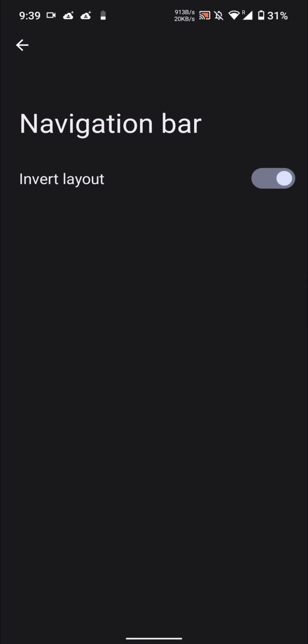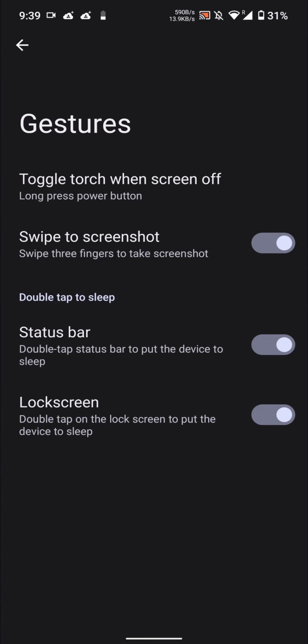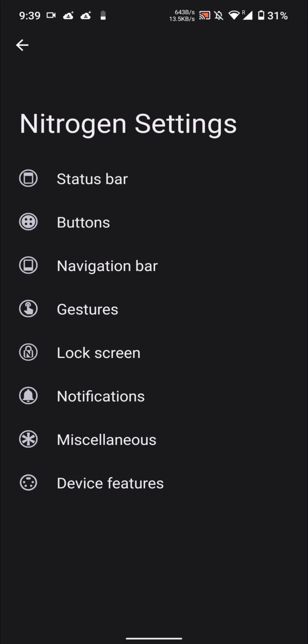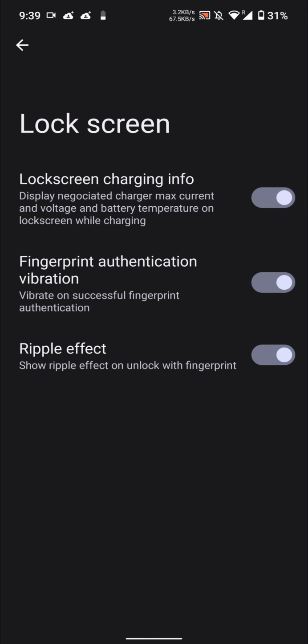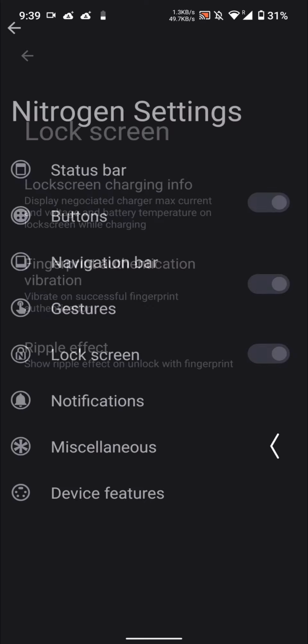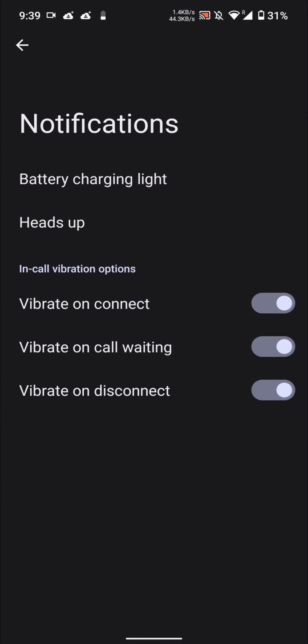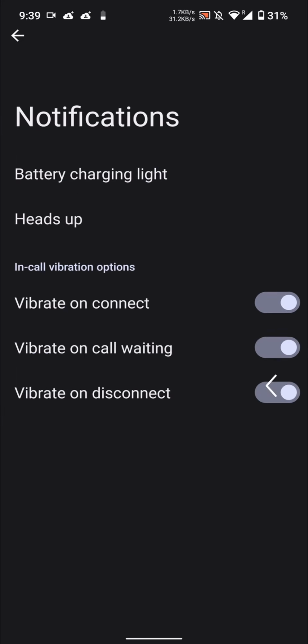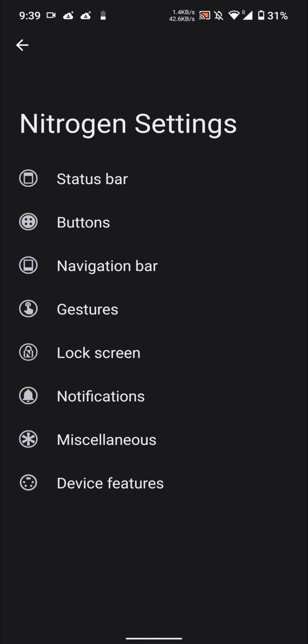And here under navigation bar settings, there isn't much, and you have gesture options as you can see here. Swipe to screenshot, status bar, double tap to sleep, that kind of stuff. And you have lock screen customization like showing the charging info, fingerprint authentication, ripple effect, and you have certain notification options as you can see here. And let's go back,